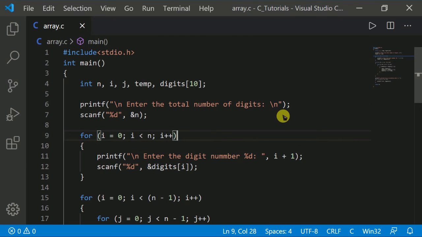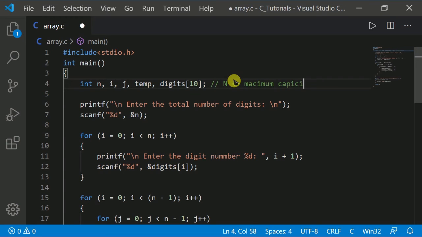In this program we have declared an array of some fixed capacity, let's say 10. From the user we take a number n as input, which indicates the number of elements in the array, where n is less than or equal to the maximum capacity.